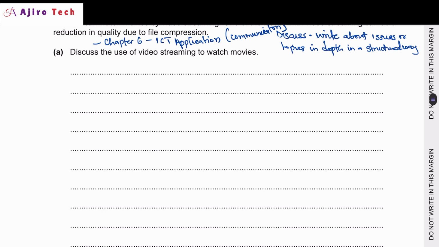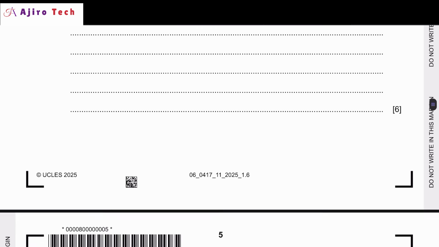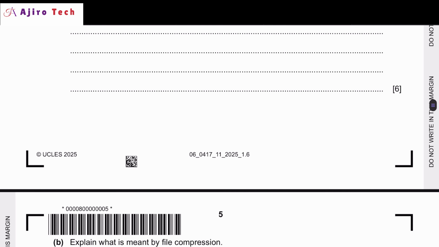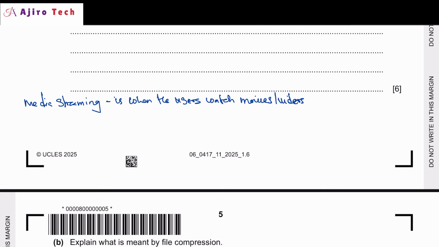They all fall under what we call media streaming, whether it's video streaming or audio streaming. Media streaming is when users watch movies or videos, in this case video streaming, or listen to music, audio streaming,